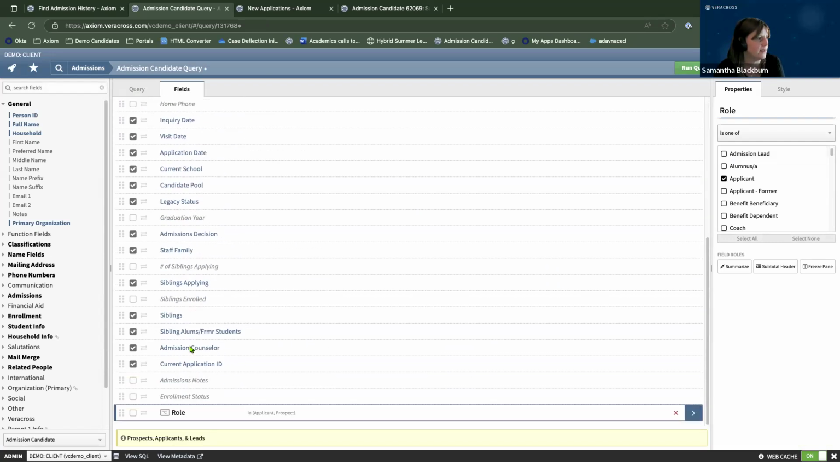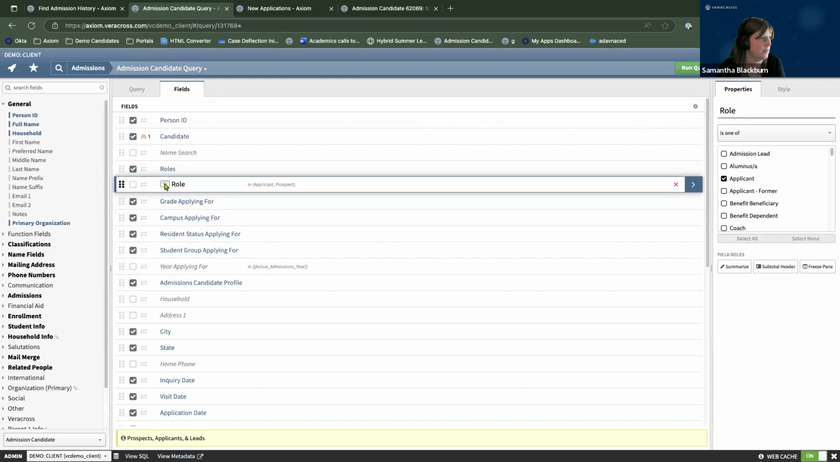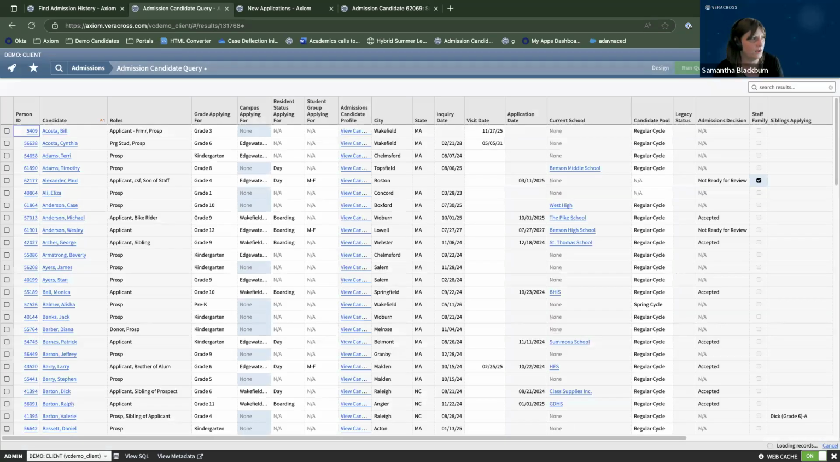I do want to point out something super helpful to know that I did not learn right away: the difference between role and roles. If I run this, you can see right now it's not checked, so it's not going to display in my query, but this one's checked and will. Roles is going to display every role that candidate has. If they have more than one, like Michael here, the bike rider, it's going to show